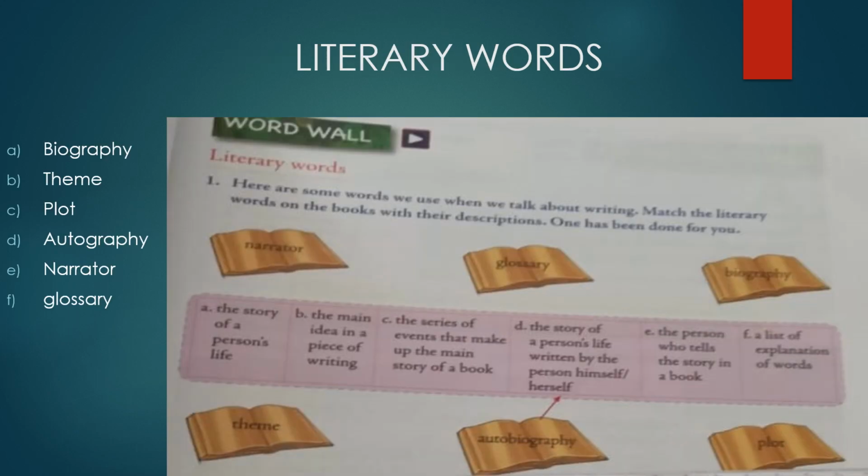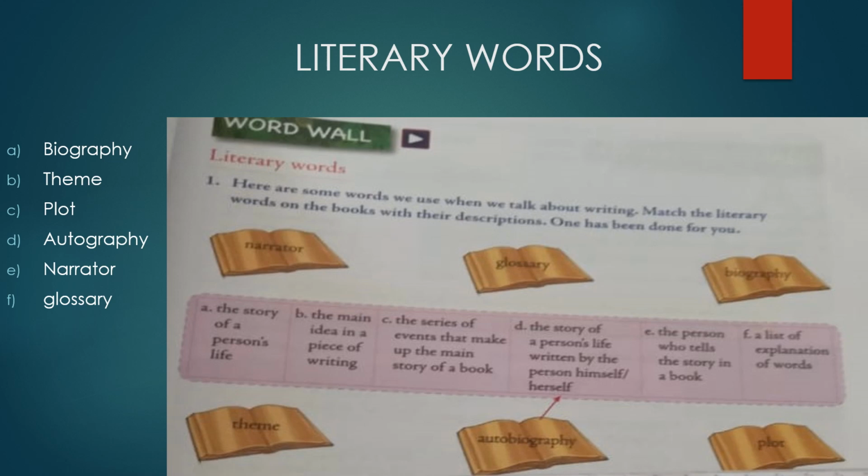Now students, our next topic is literary words, given on page number 35. Here are some words we use when we talk about writing. Match the literary words in the box with their descriptions. The words given here are narrator, glossary, biography, theme, autobiography and plot. And see, I am going to read